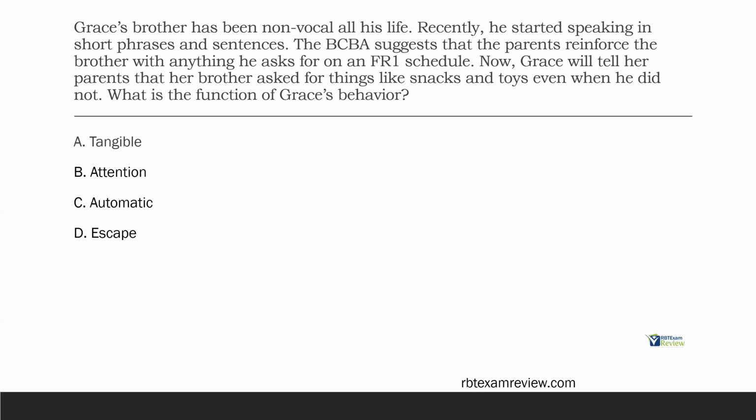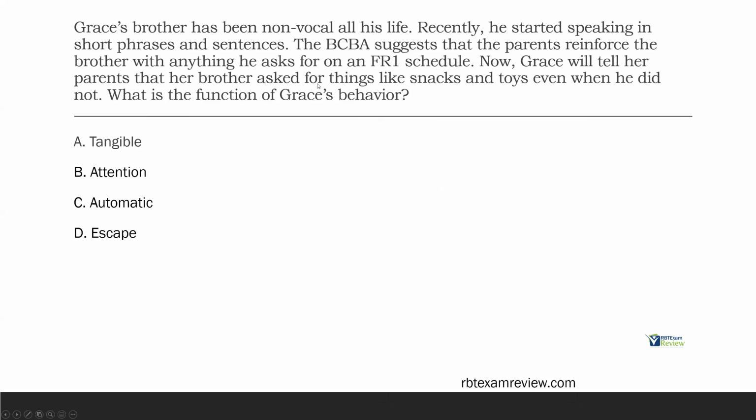Okay, good lesson here. When we're dealing with behavior questions and behavior scenarios, make sure you understand who you're looking at. What I mean by that is there are multiple people in this scenario, right? We have Grace, we have her brother, we have the parents. Whose behavior are we concerned with? The question wants to know about Grace's behavior. What is Grace doing? That's who we care about in this scenario. Always understand that, okay? Don't get bogged down in the details if they're irrelevant.